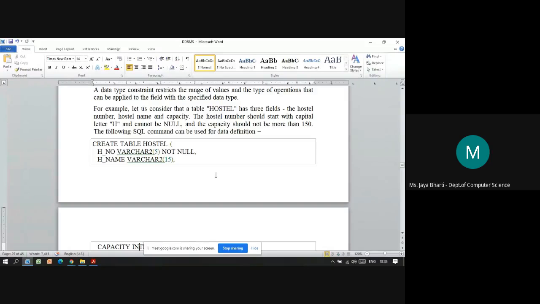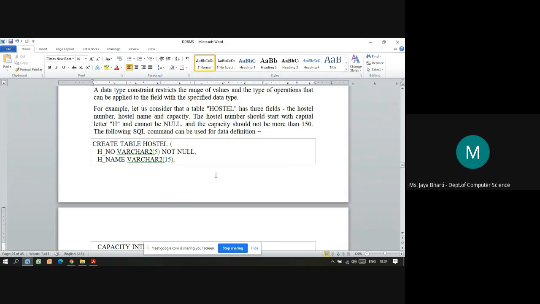So let's say you have defined the column EMP ID, then you specify the data type, let's say int. Whatever constraint you have applied will only be applicable to the EMP ID column.